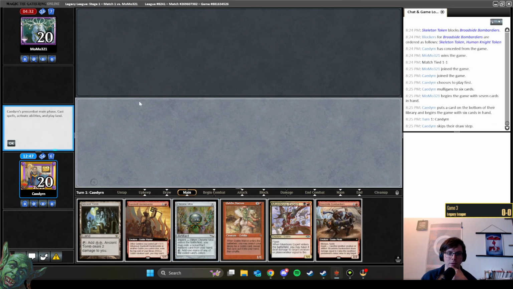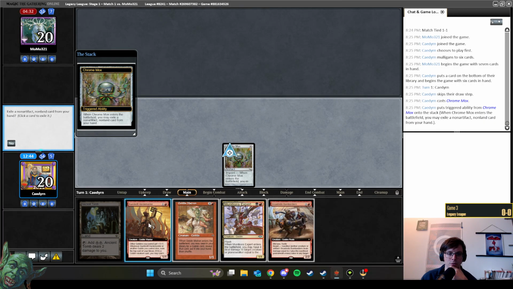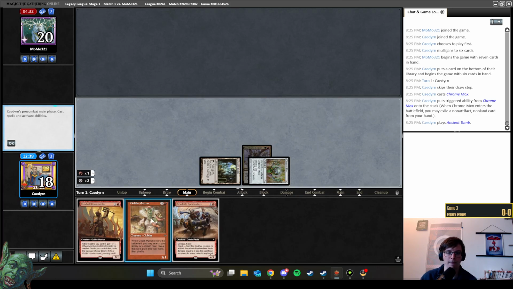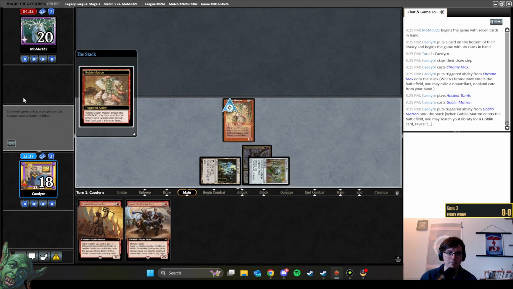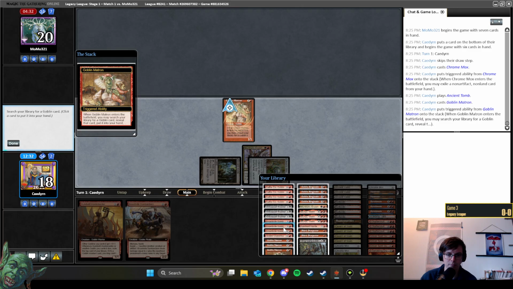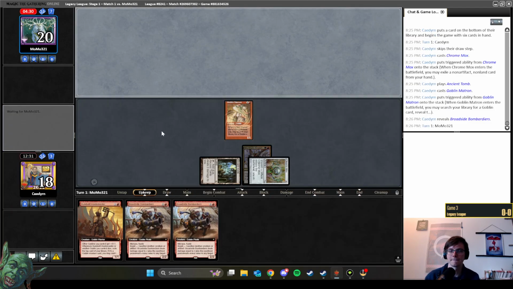I think we just Mox, ditch, expert. I think I'm just going to spam broadsides at them. This is kind of bad against Peacekeeper. We didn't see Peacekeeper in their deck, though, so...